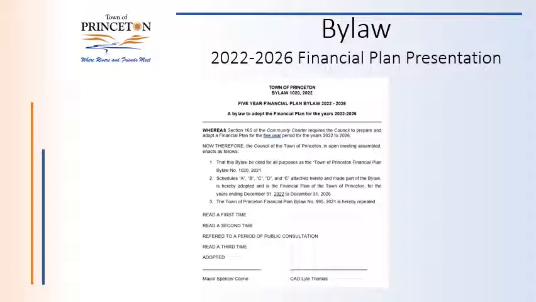So the first page of the financial plan is essentially the face of every bylaw. It sort of lays out what it is, what the schedules comprise of, and it repeals last year's bylaw. Remember, each budget stands on its own, so when we pass the 2022 bylaw, the 2021 bylaw will be repealed. So once we get full adoption and everything, the mayor and the chief administrative officer will sign the bottom of the financial plan to bring it into adoption.